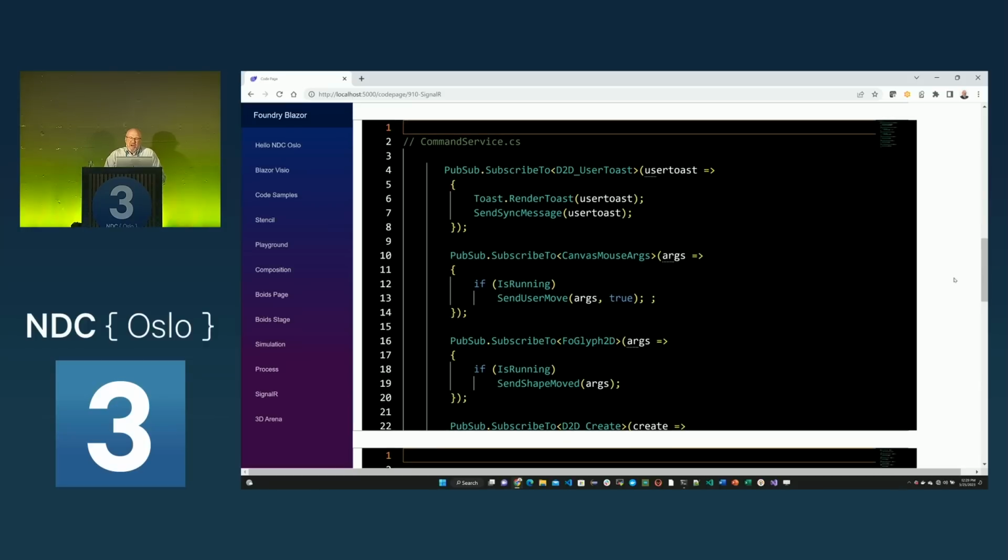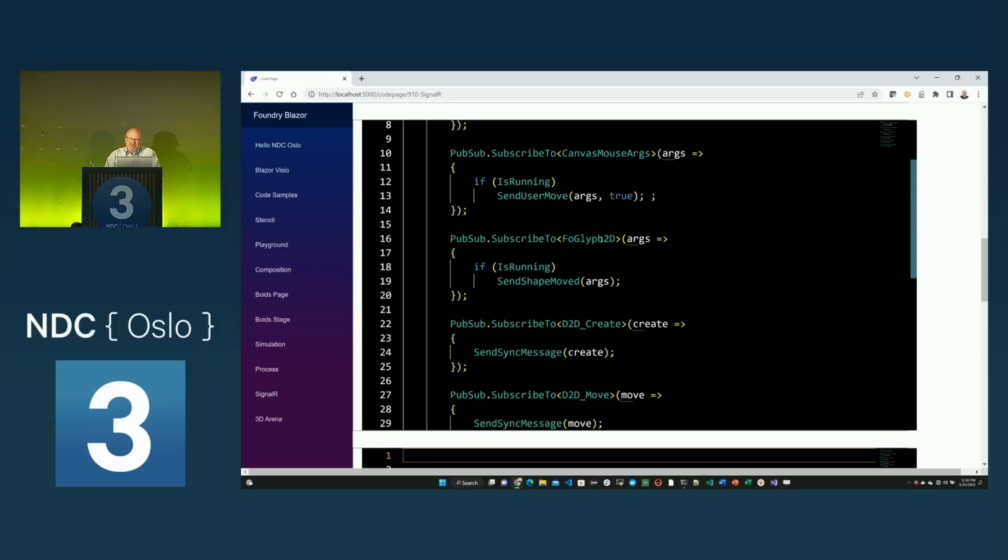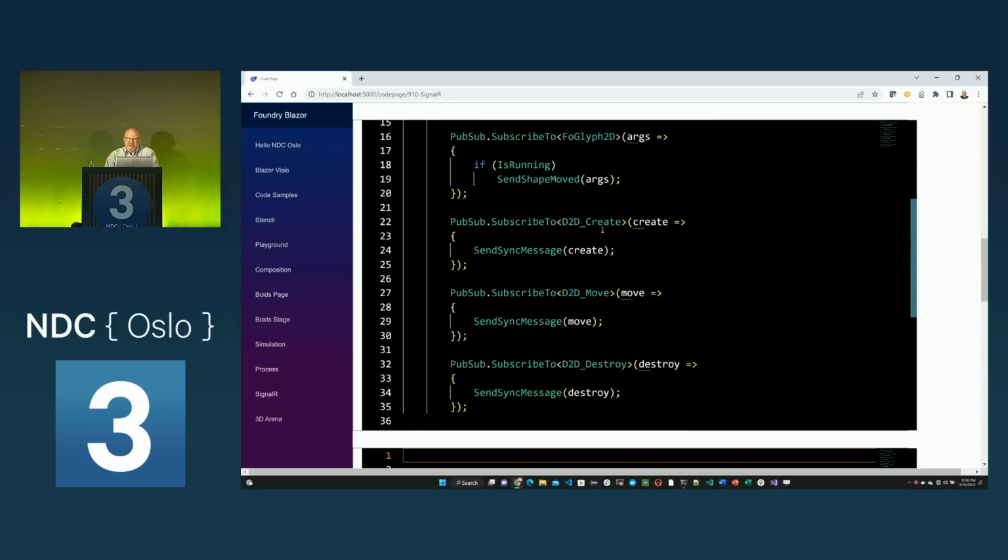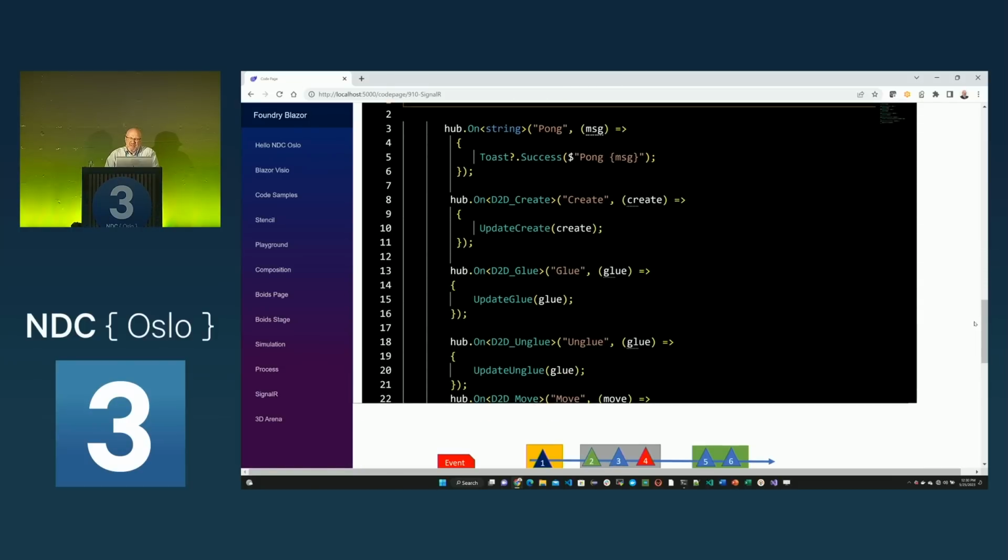So on the subscription side, internally to every drawing surface, we are subscribing to mouse move events, the glyph events, the creation events. This is where we subscribe on the command service and then translate it into data we can send across to SignalR. Okay? And then that same command service also subscribes to the SignalR hub, captures that message, and then calls